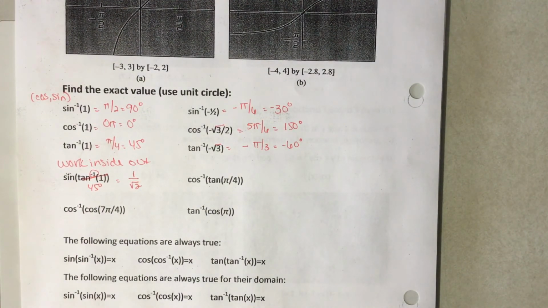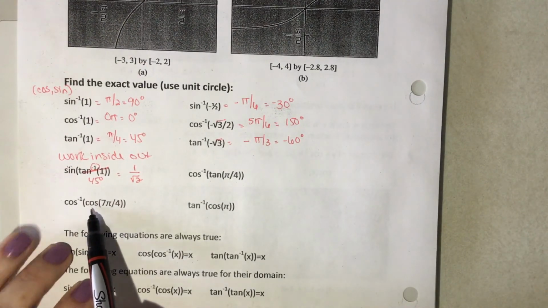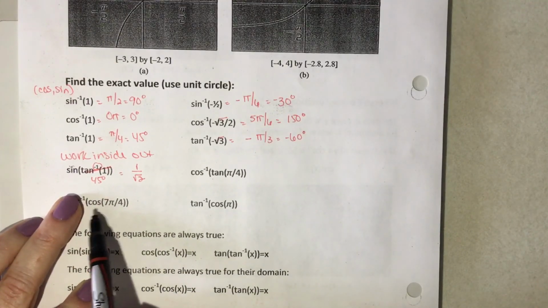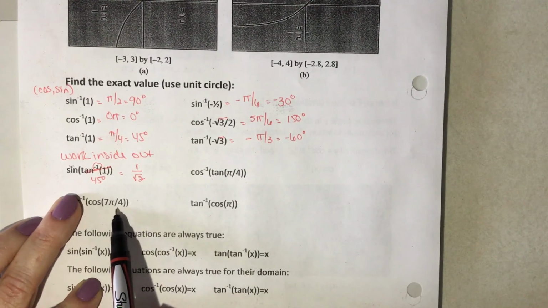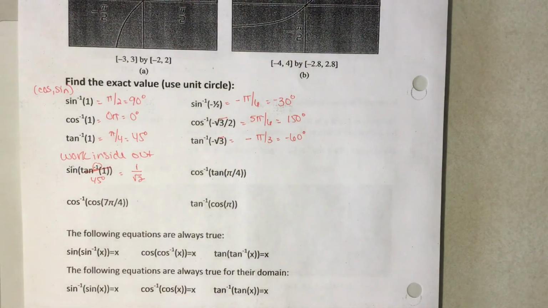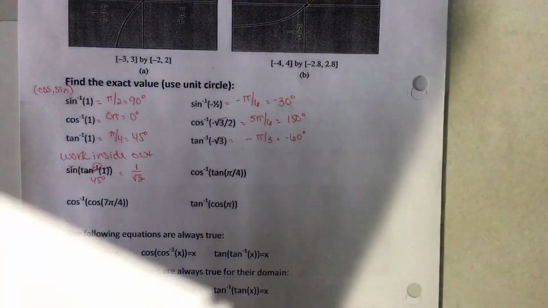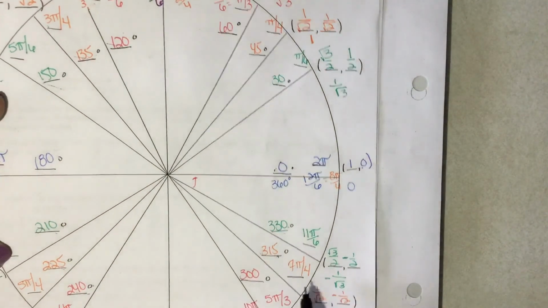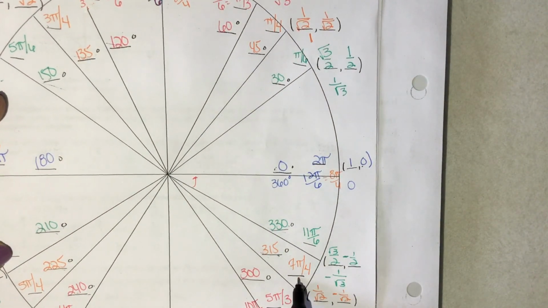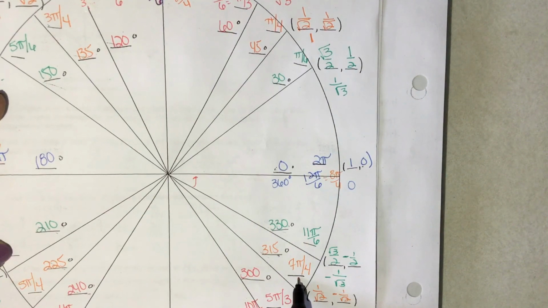Okay, the one right below that. I want cosine. It's not inverse, it's just cosine of 7 pi over 4. So I go to 7 pi over 4. Here it is. What's cosine of 7 pi over 4? I'm not looking for inverse, so I can be